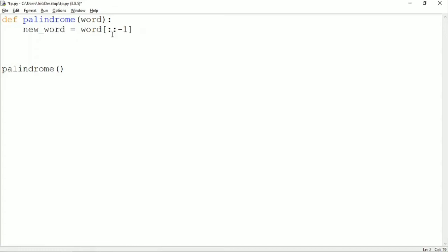It doesn't even see the second argument, that is a step. That means how many characters should get skipped. Even that is empty, so it ignores that and it directly goes to the third argument, and that says -1. So as you know, in indexing, -1 means the reverse of that word's index.